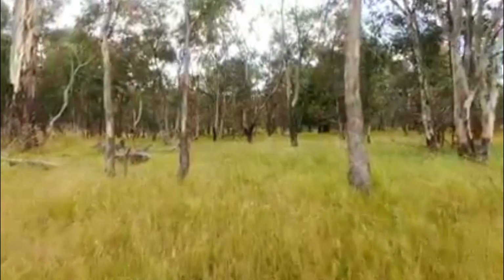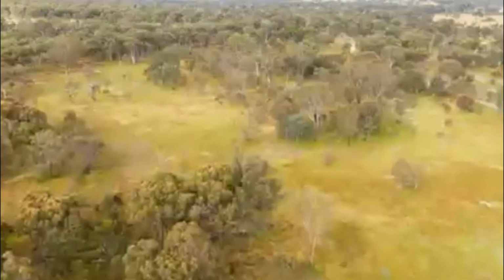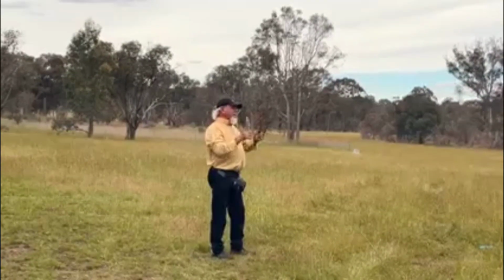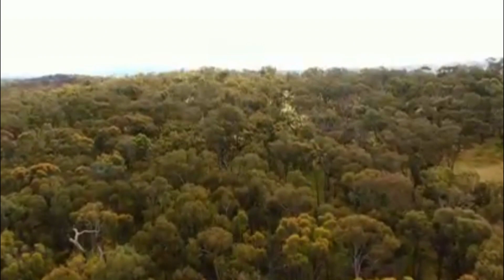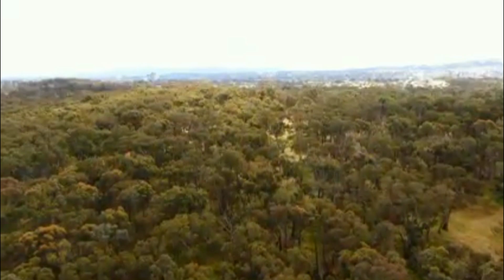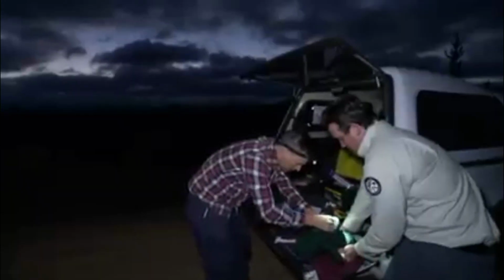Spotted tail quolls haven't been seen in this bushland for decades, and welcoming them back to country is a big deal. But while it's one thing to experiment behind the safety of an electric fence, how will all this science translate into the real world? There is absolutely a vision that we would like to see some of these species outside the sanctuary fences, but we need to do that through experimentation and research and taking risks, which is actually a really important part of the research project. They've tried before to release bettongs back into the wild, and while there were glimmers of hope,